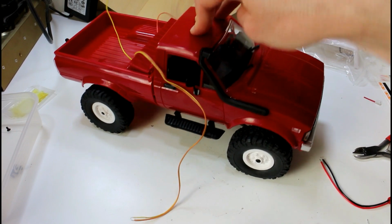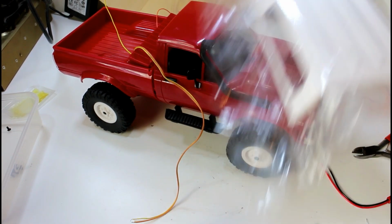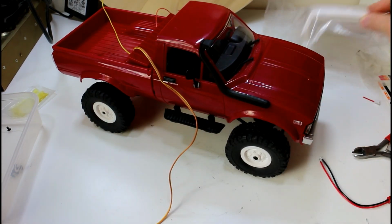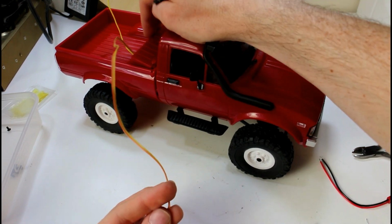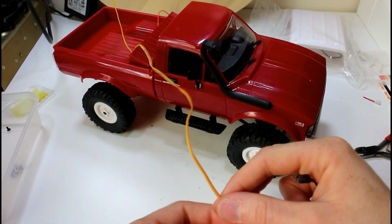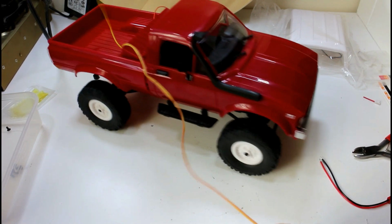Okay, so that's all the bodywork assembled. We just have to finish off with the cover for the rear, but I won't do that until we have the wiring done in this little enclosure in here. So that'll be all for this video. Let's just check that it's